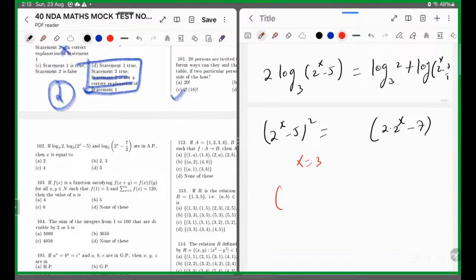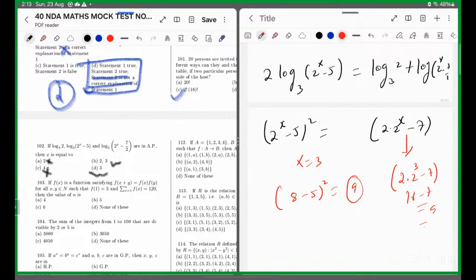अगर मैंने x तो 3 पुट किया, तो ये आएगा 2 पावर 3 8 -5 का स्क्वायर कितना आएगा? 3 का स्क्वायर मतलब 9 आएगा। इधर देखते हैं 9 बन रहा है क्या? ये आएगा 2 × 2 पावर 3 -7। तो ये बनेगा 16 - 7, ये भी 9 आ रहा है। तो या तो ऑप्शन डी है, या तो सी है, या तो ये दोनों गलत हो गए। हाँ, अभी 3 है, तो 2 नहीं होगा, फिर एक ही आएगा ना आंसर। दो आंसर नहीं हो सकते, तो अपना आंसर आ गया 3D।